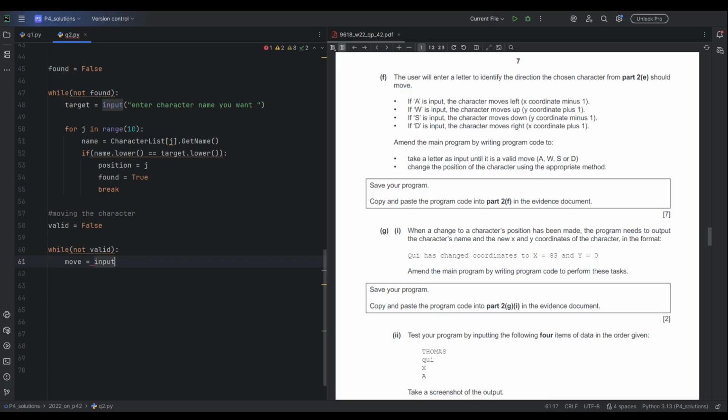So input, enter A, W, S, or D for left, right, up, and down directions. Okay, so the user will input that, and then we have to check. So we have to again convert this move into a specific case. So move is equal to move dot lower. Let's convert it all to lowercase. So if the move is equal to A,